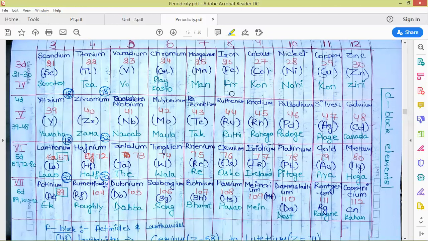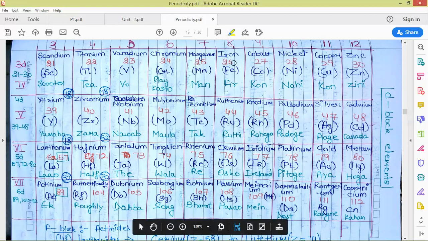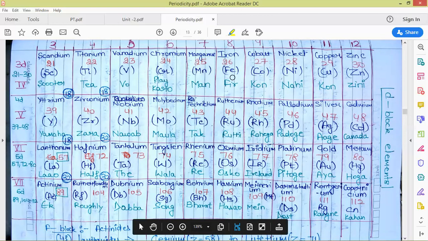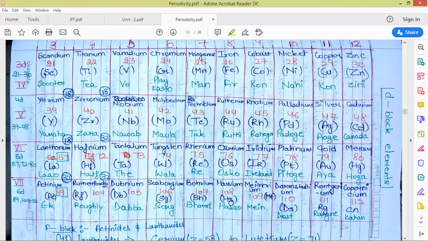Next group is iron, which has symbol of Fe, ruthenium, osmium, hassium. So the mnemonics for this is for that friend, everyone has such one friend who gets angry very fast, छोटी छोटी बातों पे जो रूठ जाए. So this is for that friend. फिर रूठी उसको हंसाओ. That is Fe, फिर Ru रूठी उसको Os हंसाओ, Hs.